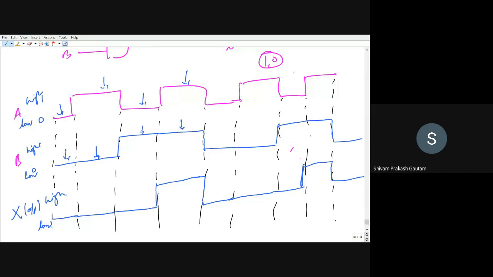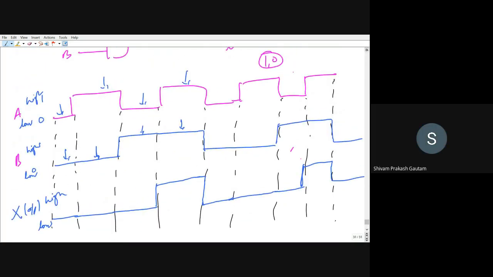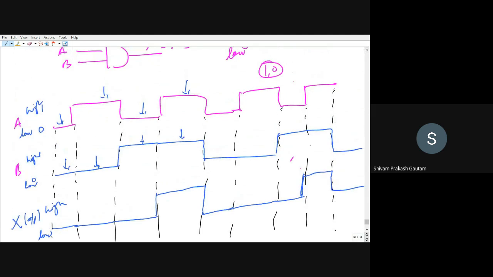Okay, now we will similarly see the pulsed operation for the NAND gate. This is for the AND gate that I have drawn. The AND gate output will be 1 when both the inputs are 1, or high. You can see only at this condition and this condition our inputs are high. In all the rest of the cases, either one of the inputs is 0 or both the inputs are 0.